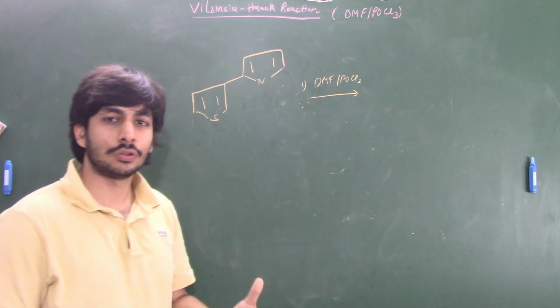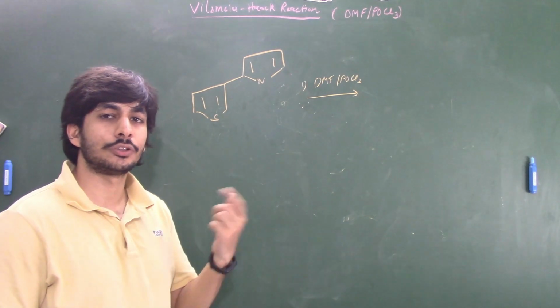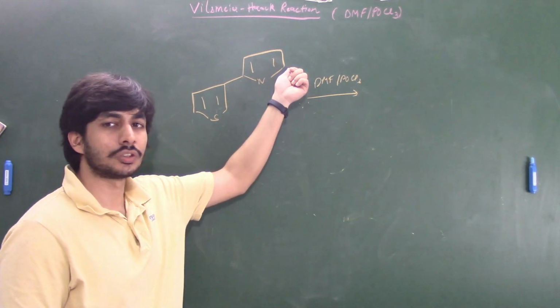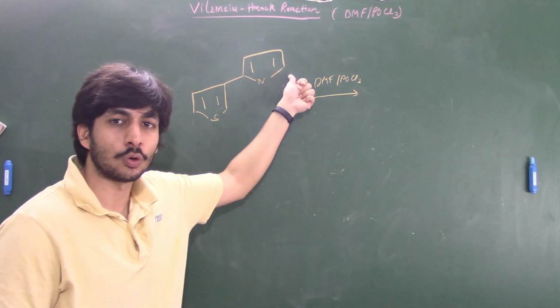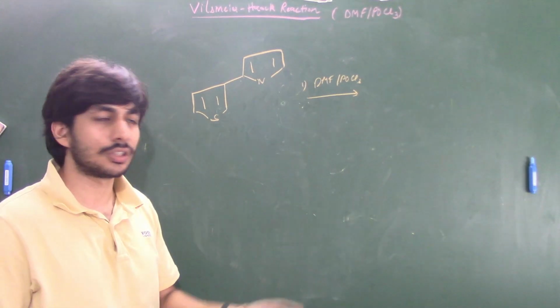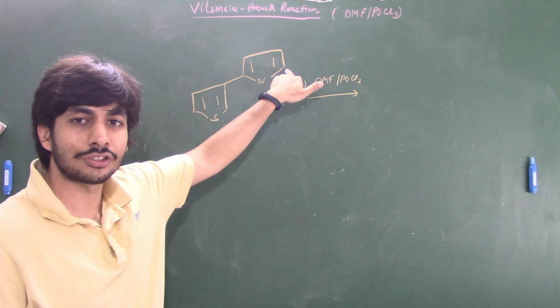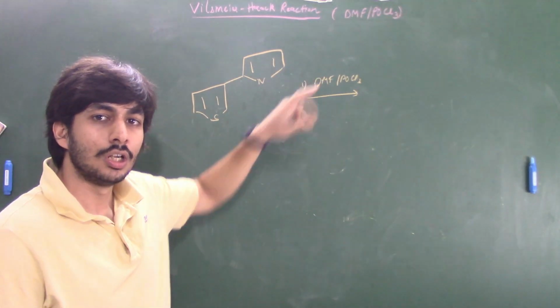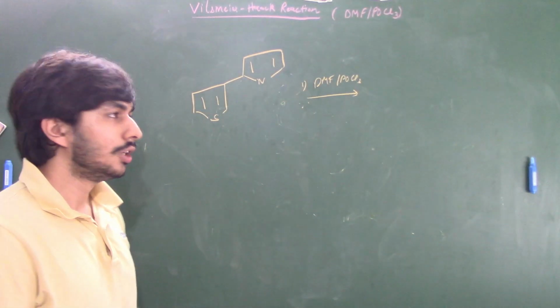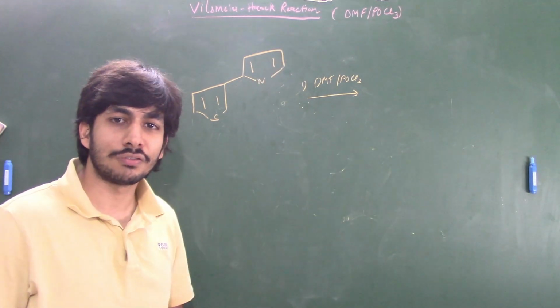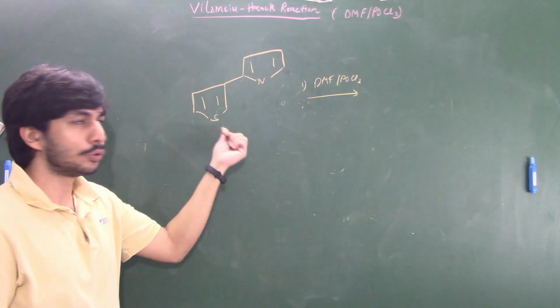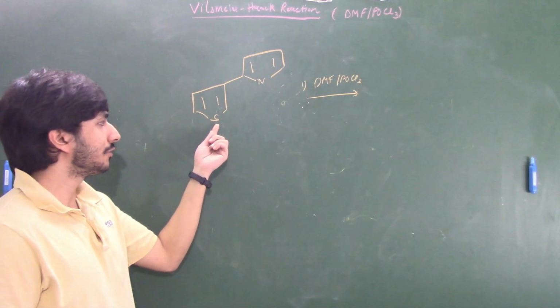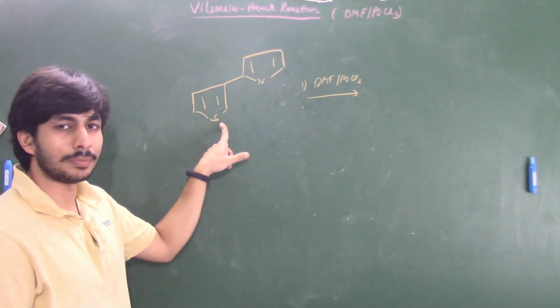But if you look at the resonating structures, you will understand that the resonating structures in which the negative charge resides on the second position are more stable. When you look at the resonating structures, you will find that the negative charge, when it is residing on the second position, those resonating structures are more stable. So the second position is slightly more nucleophilic as compared to the third, and pyrrole in general is more nucleophilic than furan and thiophene. Okay, so thiophene is where sulfur is there, and in furan oxygen will be there, right?